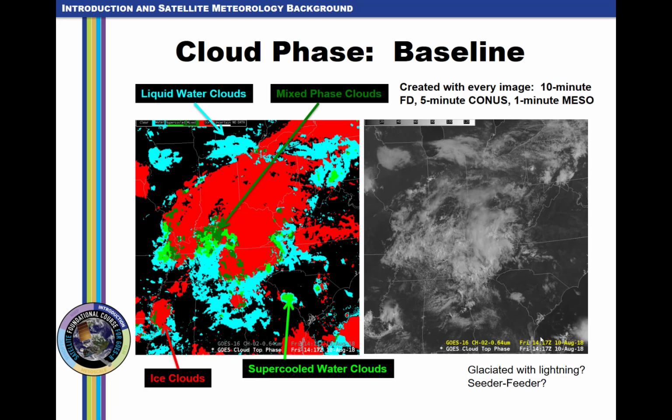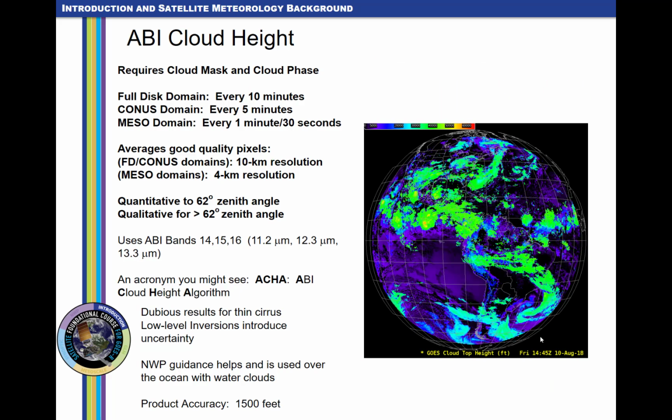Here's an example showing visible imagery on the right and the cloud phase product on the left. You might also compare this product to the day-cloud phase distinction RGB. Cloud top height, a baseline product that is very useful for aviation, is computed for every full disk, CONUS, and